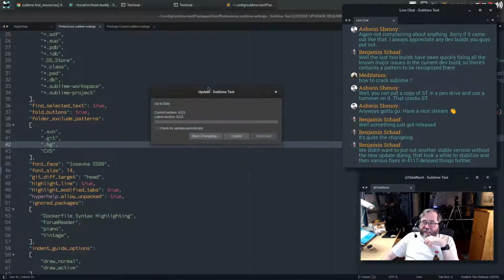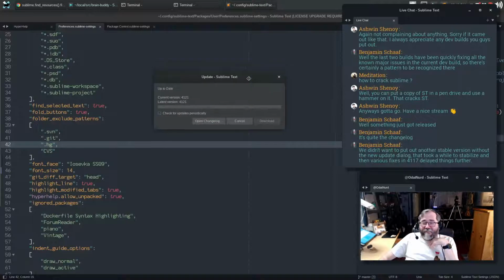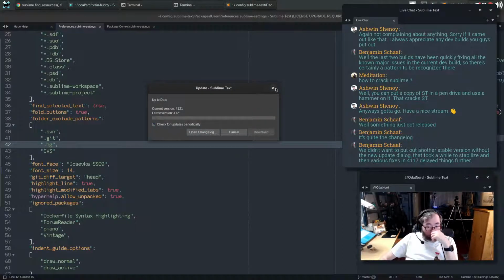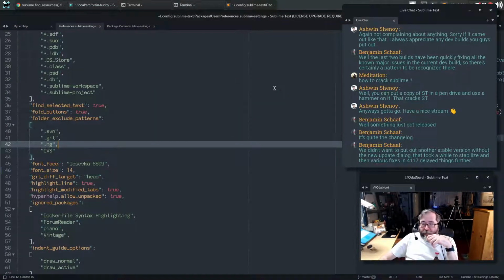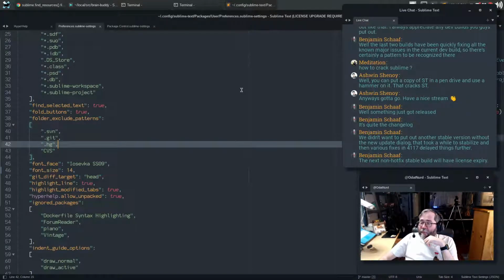Also, it's supposed to say that my license would need an upgrade. Although we can see that it needs an upgrade, it's not telling me. But I'm also running the version that I'm running, so theoretically I could see why it wouldn't tell me that I need a new license for the version that I'm already running, because I already know that. But this is cool. This dialogue looks fantastic, by the way. But I'm sure you probably already know that.